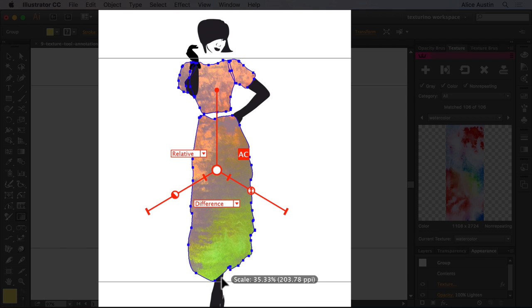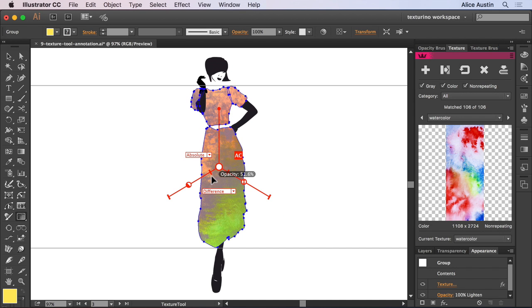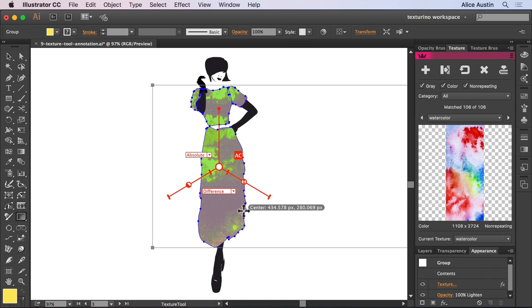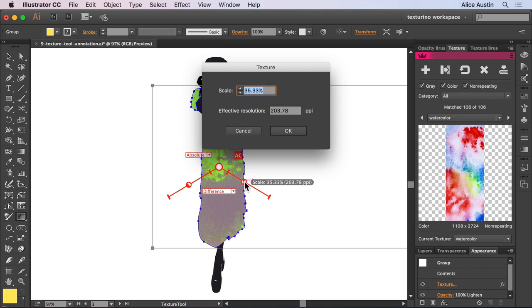The last setting is absolute and relative positioning. When editing the path of a shape with a texture applied, absolute positioning best ensures the texture doesn't stretch or shift with changes in object size. And remember, if large enough, the texture can be repositioned by dragging. All of these settings can be input numerically. Just double-click on the slider icons.